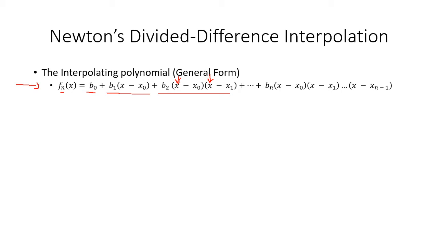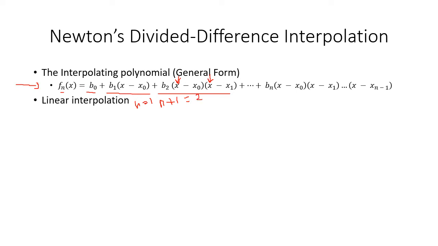Okay, so let's consider the special cases of this general form. First case is linear interpolation, where the degree of the polynomial is 1. So we know that the degree of a straight line is 1. And given that we are discussing linear interpolation, if n is equal to 1 for a line, that means the given number of data points must be n plus 1.